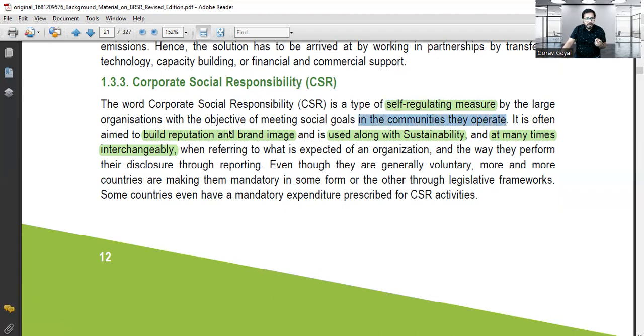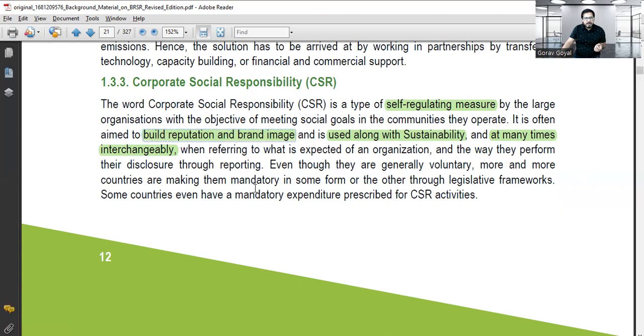It is often aimed at building a reputation and a brand image, and is used along with sustainability, at many times interchangeably. So this is basically the same thing, only sustainability is a much wider term. Corporate sustainability can be used interchangeably with that for reputational brand building when referring to what is expected of an organization and the way they perform their disclosure through reporting, even though they are generally voluntary and more countries are making them mandatory in some form